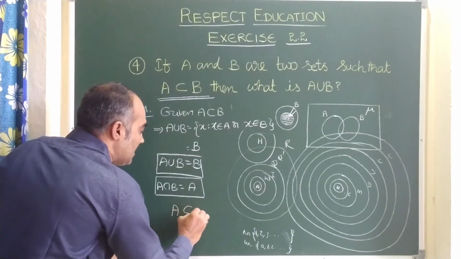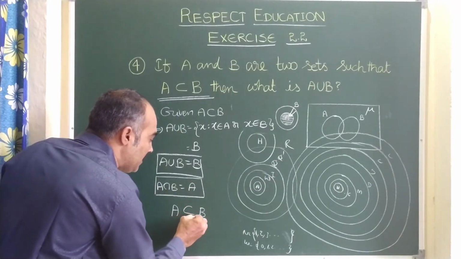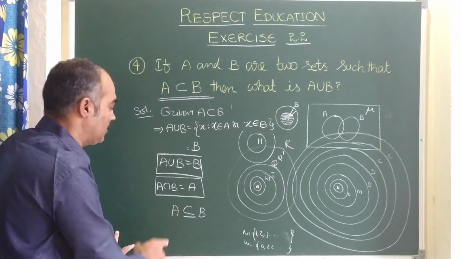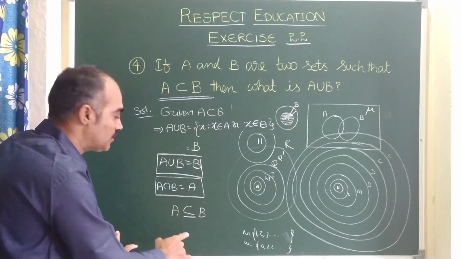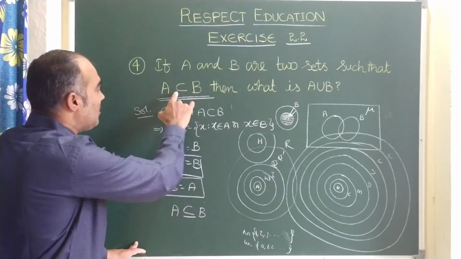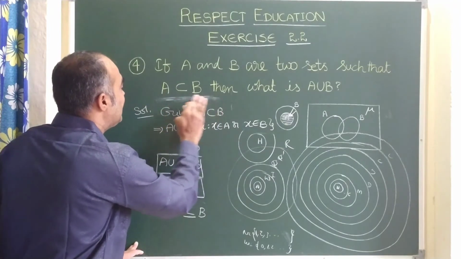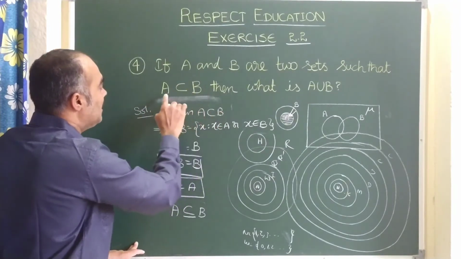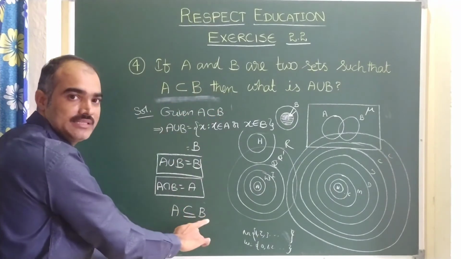Here A subset of B, like this you can write. If not, you can keep this symbol with an equal-to line under it, which also can be called A is a subset of B, because in some textbooks they give it like that, so don't be confused. You don't think about these lines, children, these lines I kept just for showing. You can write A is a subset of B or A is a subset of B, both are the same.